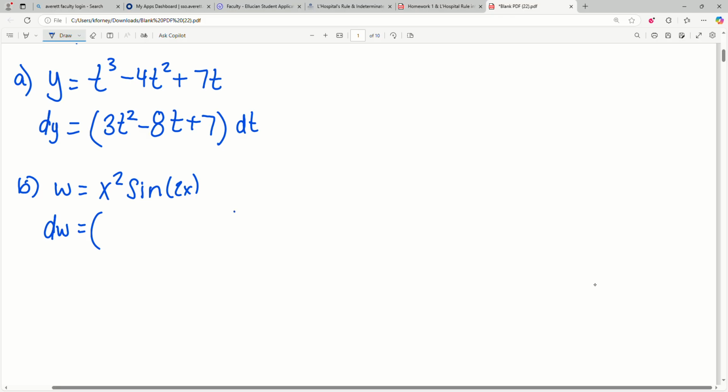Whatever we get here is going to be d what? x. Doing this, you're going to have to use the product rule. So the derivative of x squared is 2x, times sine of 2x, plus